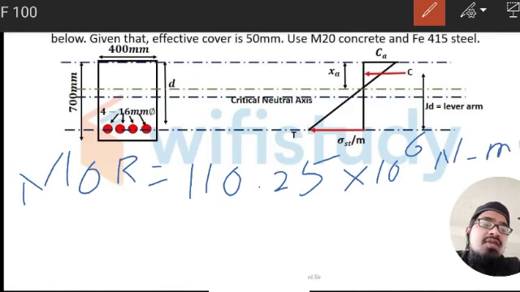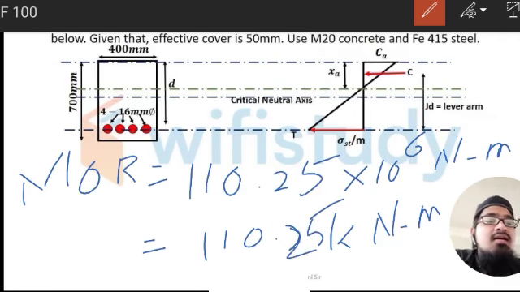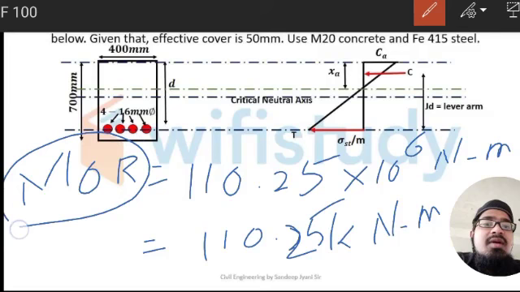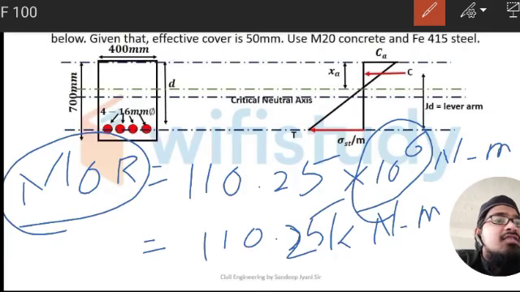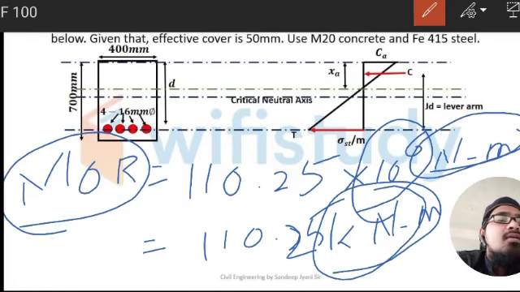So whatever the value you are getting, divide it with 10 power 6, you will get it in terms of kilonewton meter. Then it will become 110.25. Whatever the value that you are getting in the calculator after putting the known values for finding moment of resistance, divide it with 10 power 6, not multiply. Here I multiplied because I had taken it in terms of Newton millimeter. In terms of kilonewton meter, we should divide it with 10 power 6, then we will get this value